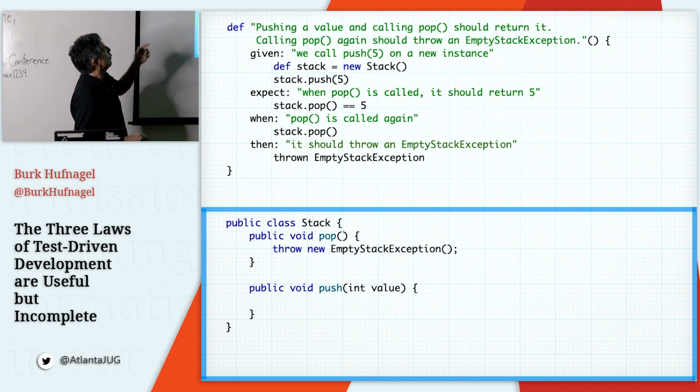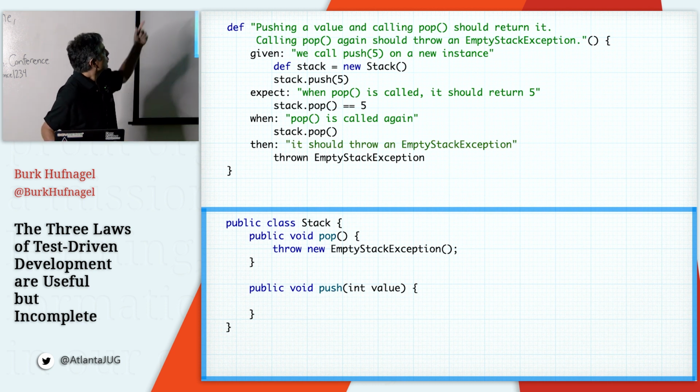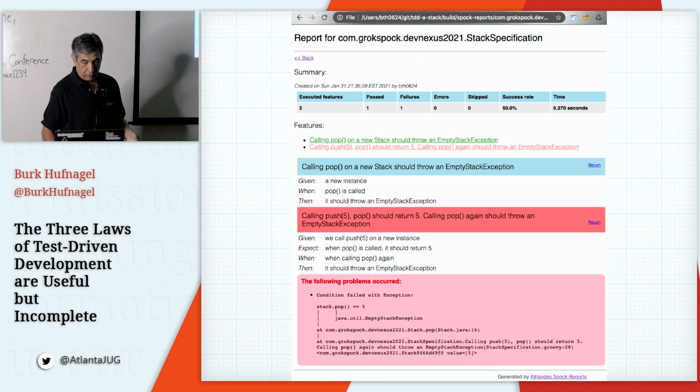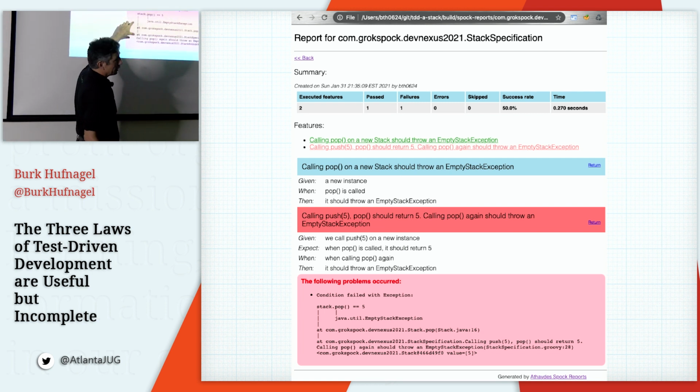So we do this, we could do the push, and you got to get that on there somehow. The way to get the 5 in there makes sense to call the push, and then calling pop to make sure it actually returned a 5. So okay, we do that, and we get the failure, and this is cool because